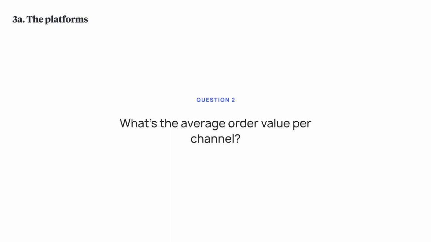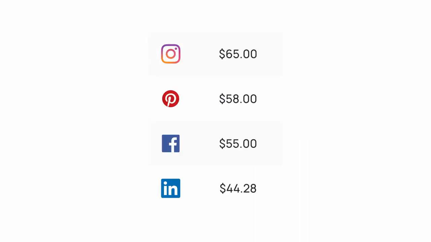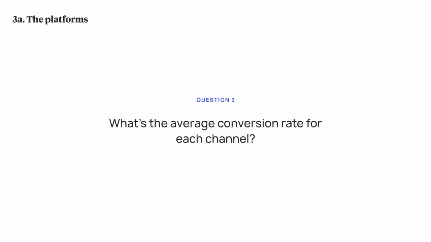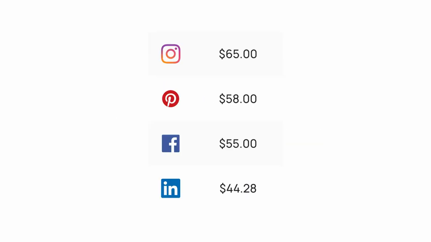So if you're an e-commerce company, what's the general price range of product that people tend to buy? Instagram is $65, Pinterest is $58, Facebook is $55, LinkedIn is $44. So if you're trying to get somebody to buy something directly on that channel, here's the band you can fall into for consistent sales without being a little bit weird for people when it comes to how they go about making a purchase. Anything more than that, then you probably want to get them onto your site first before you ask them to make that product purchase, as opposed to running an ad directly on that site.